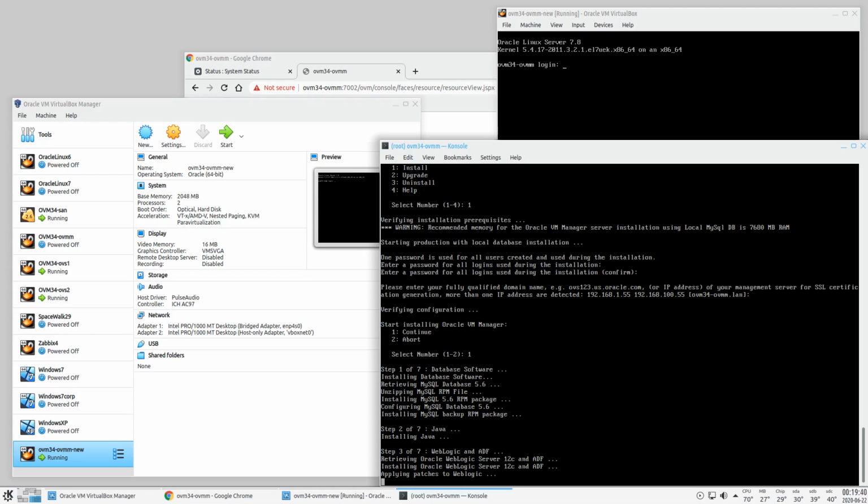That's why I need a new one. I think that if we think better, this could be a very simple way to get a fresh and clean installation of OVM Manager, because there are cases where the servers or the virtual machines running the manager instance could get somehow dirty